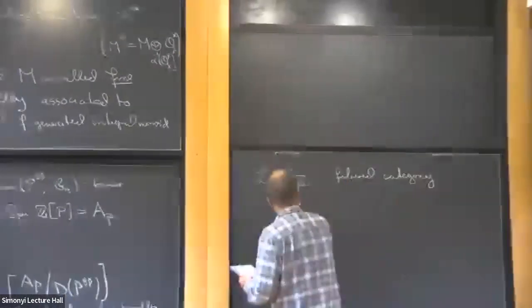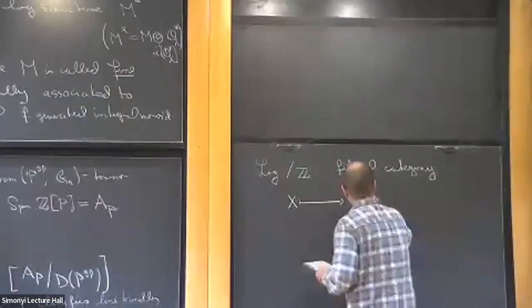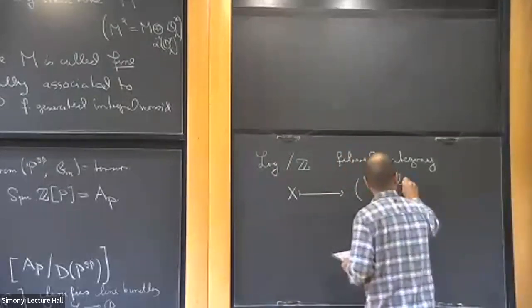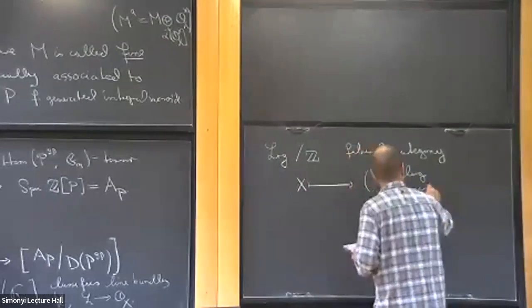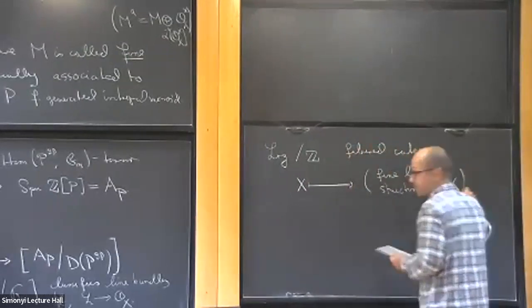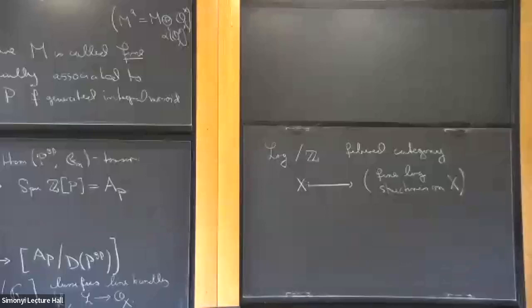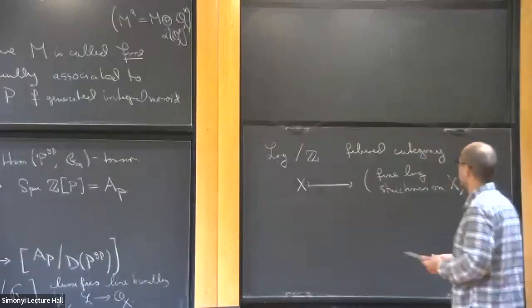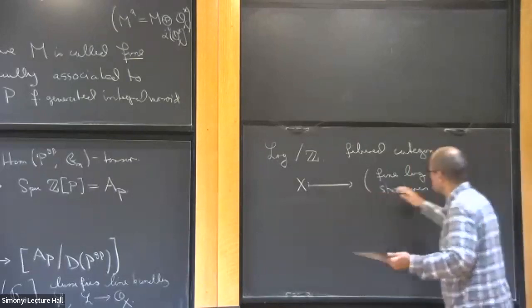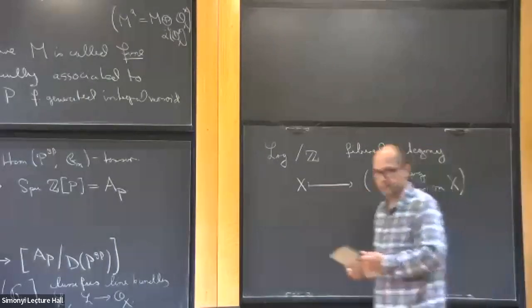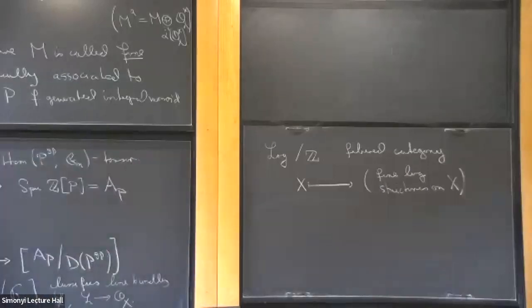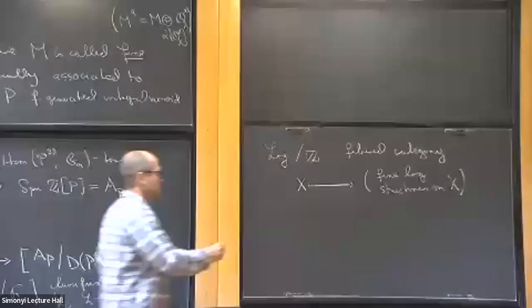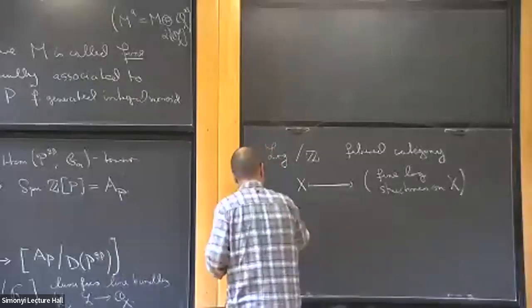Which sends X to the groupoid of fine log structures on X. I mean, this is a little bit sloppy, but it's the way I wrote it. It's not a fiber category, but okay. So I'll think about this. So this is a stack and